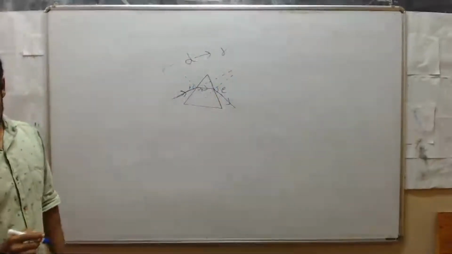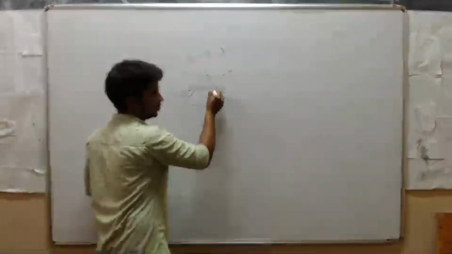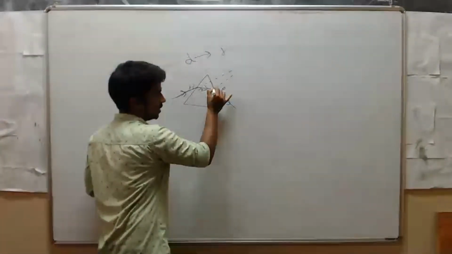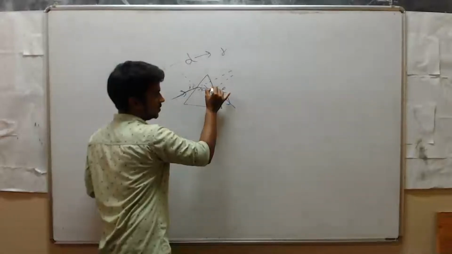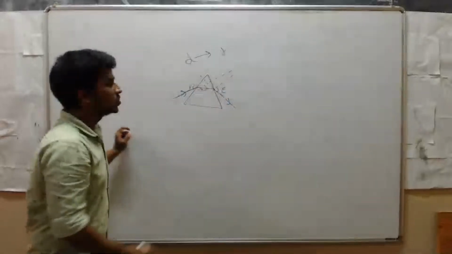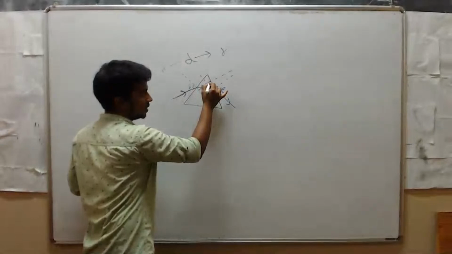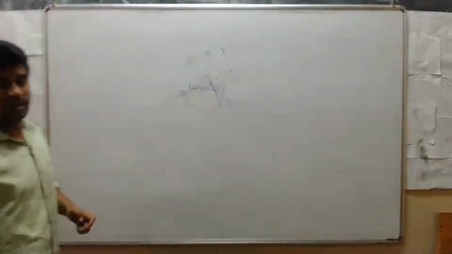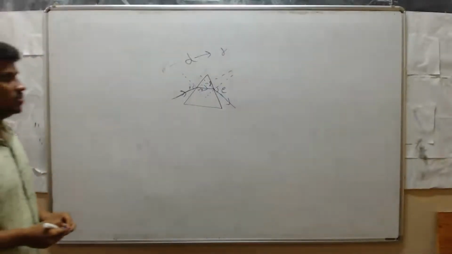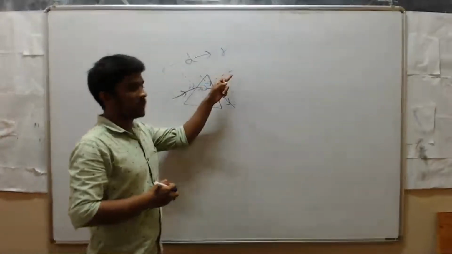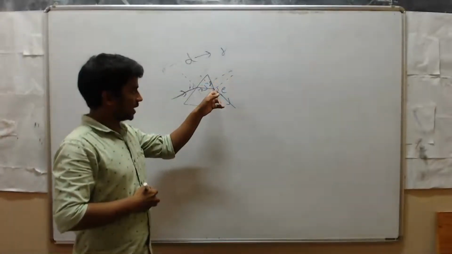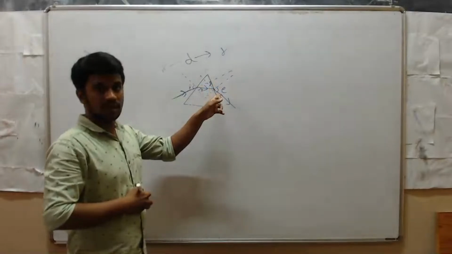Now just observe here. If you extend this line, it is the emergent ray. Extending means it will move directly. So we call this angle the angle of deviation. This is the actual path of the light, and then when you extend this emergent ray,